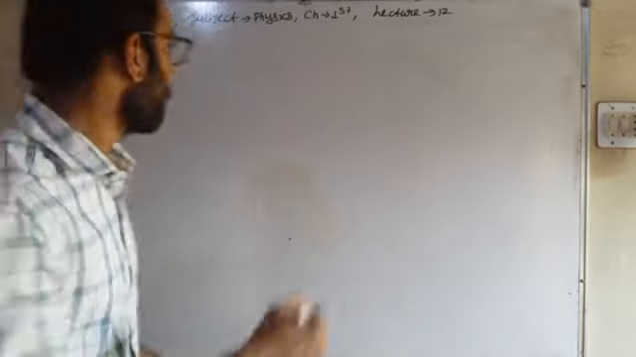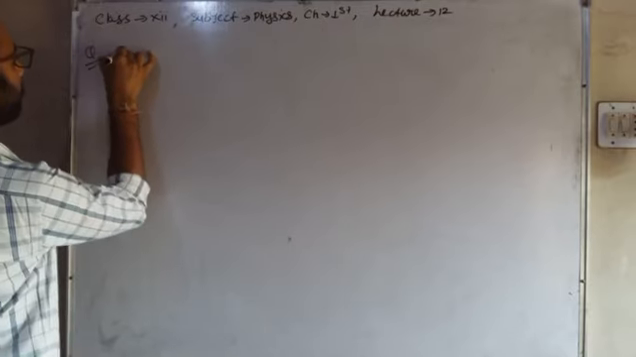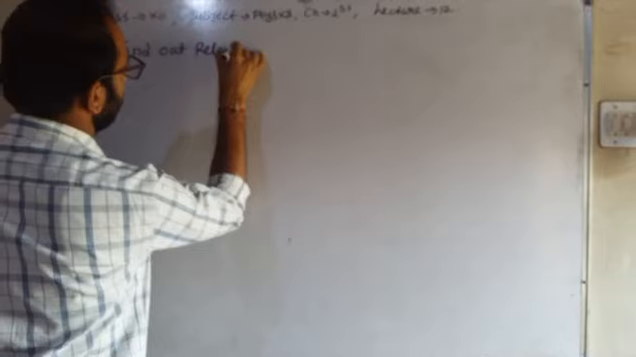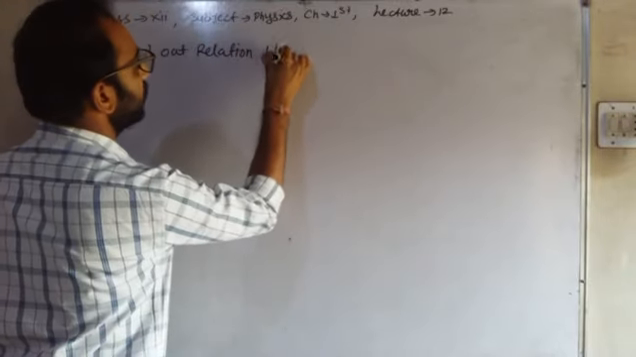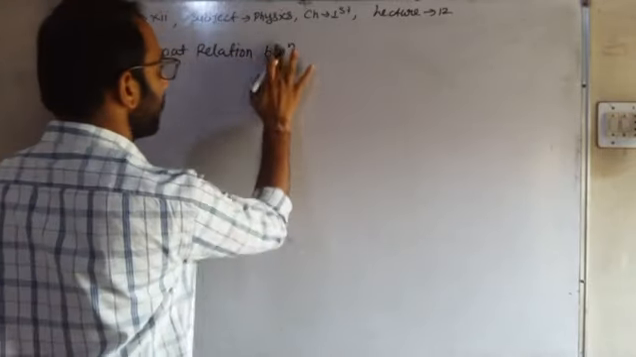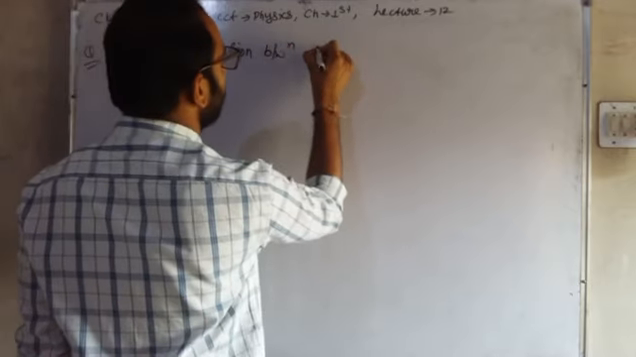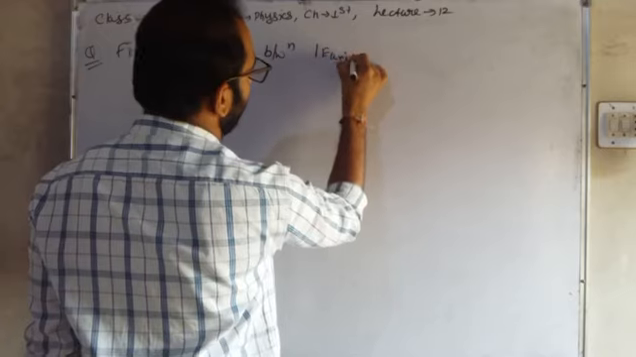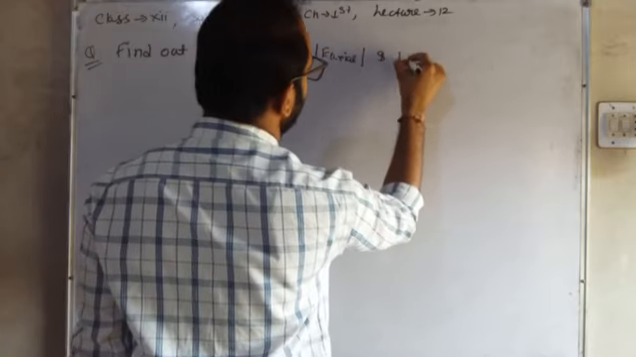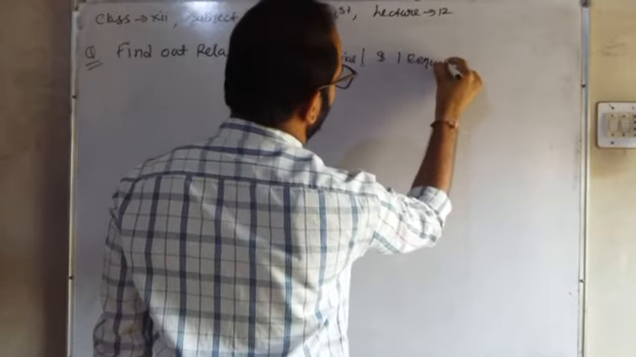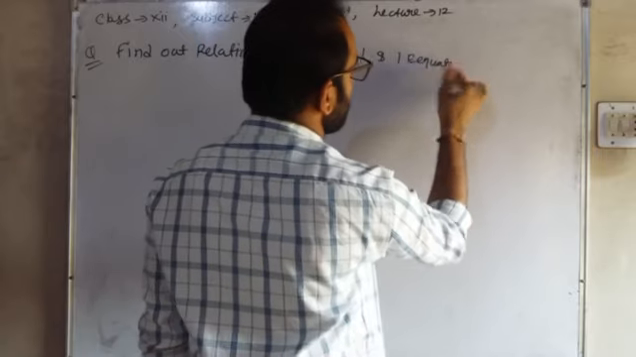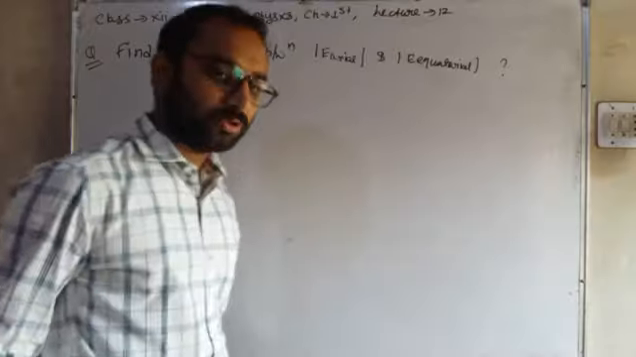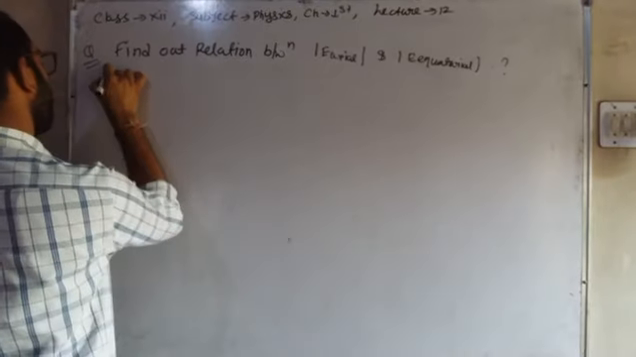The question is: find the relation between the magnitude of E axial and the magnitude of E equatorial. Correct or not? Okay, the solution is: